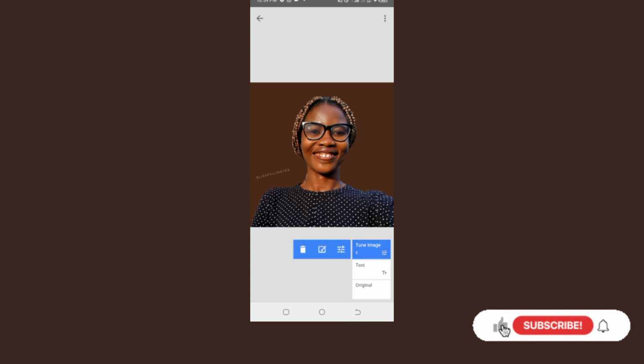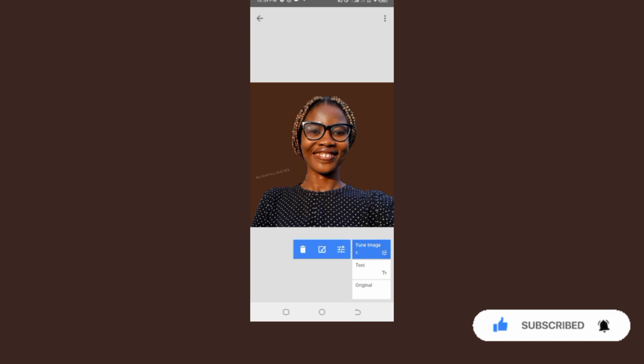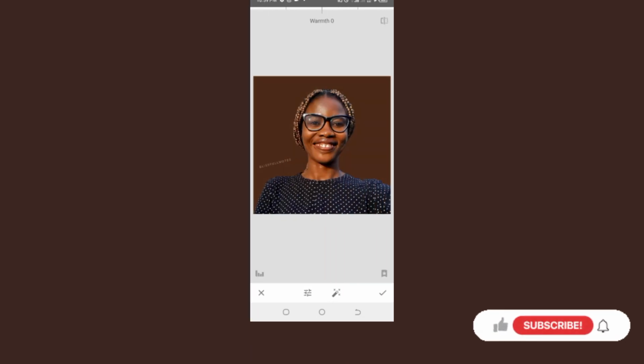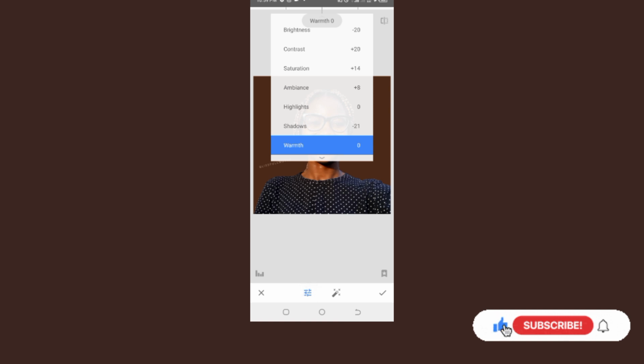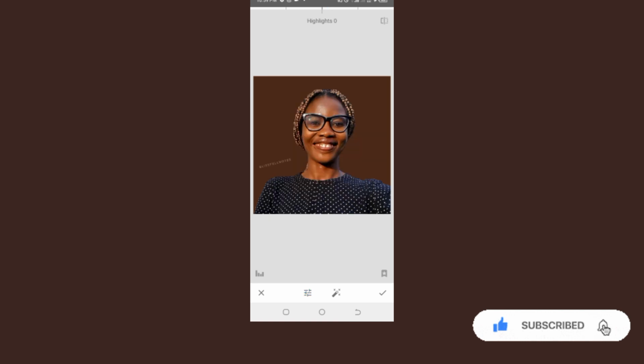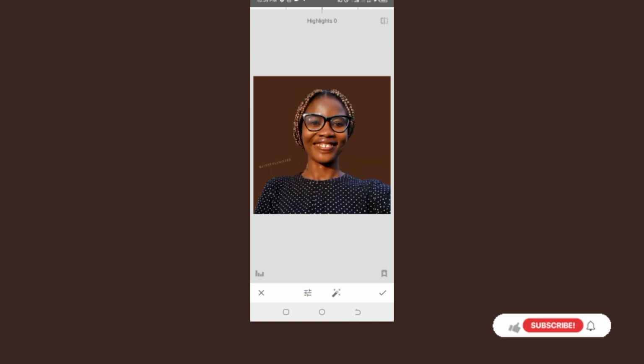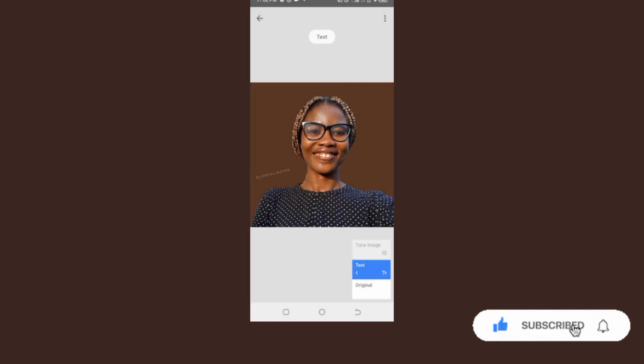So you can also check all the things you've done, the original, the edits you've made in your image. You can check them, and if you don't want any of them, you can edit it. That's one thing about this Snapseed. But if you want them and you're okay with them, you just save your image. If you don't want them, you can change any of the parameters, or you still leave it like that. That's why I like this app. It was developed by Google, and it's so good. Since the first time I saw it, I've been using it, and I want you also to use it and